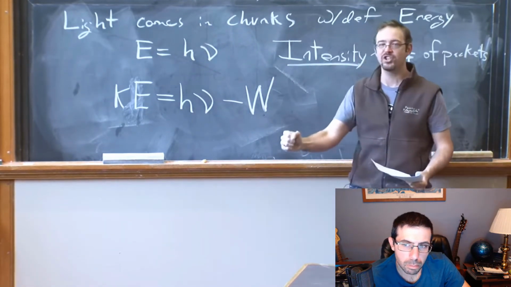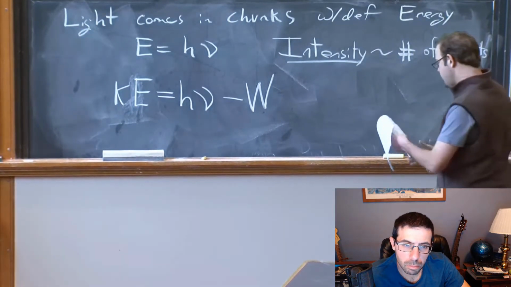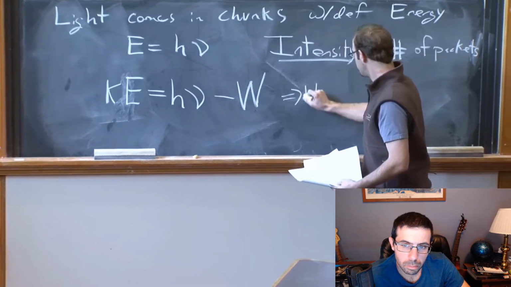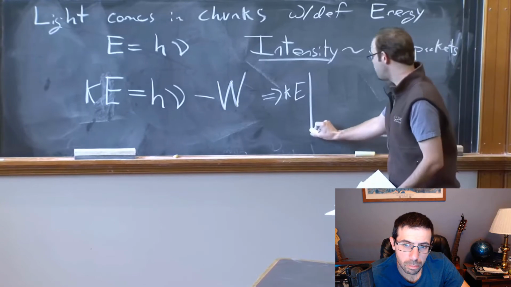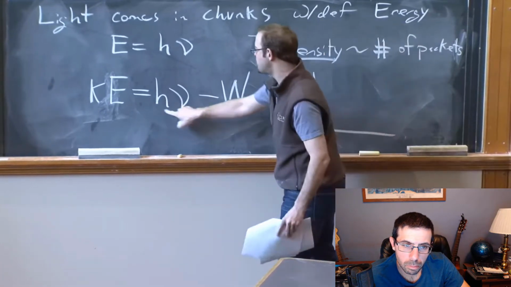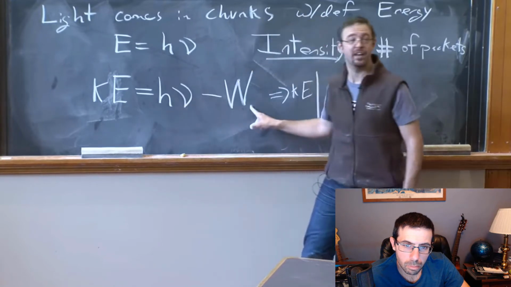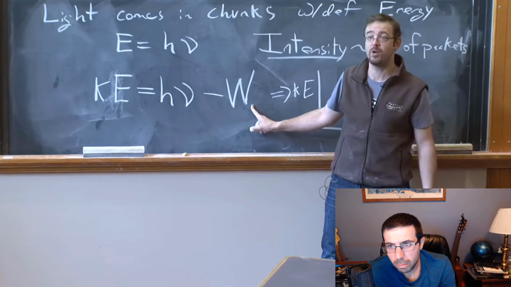You can think of this as how much energy it takes to suck the electron off the surface. And the consequence of this is that the kinetic energy of an electron should be, look, if h nu is too small, if the frequency is too low, then the kinetic energy would be negative. But that doesn't make any sense. You can't have negative kinetic energy. It's a strictly positive quantity.